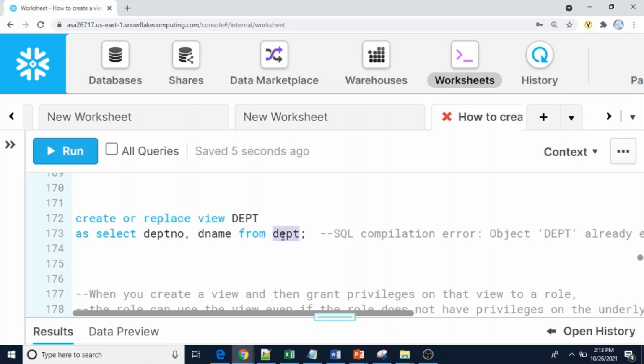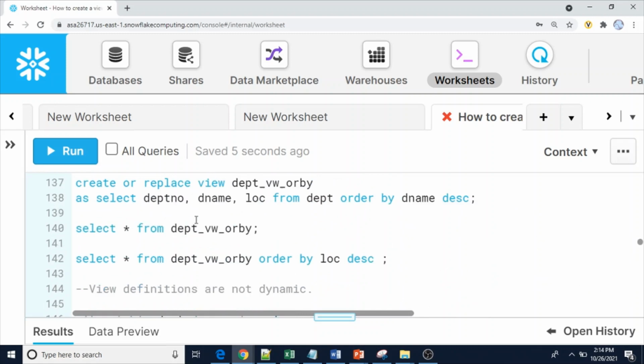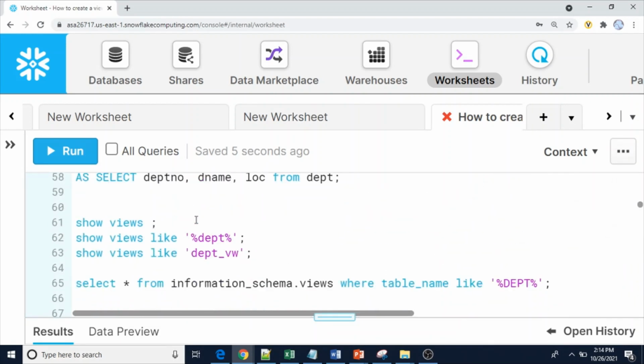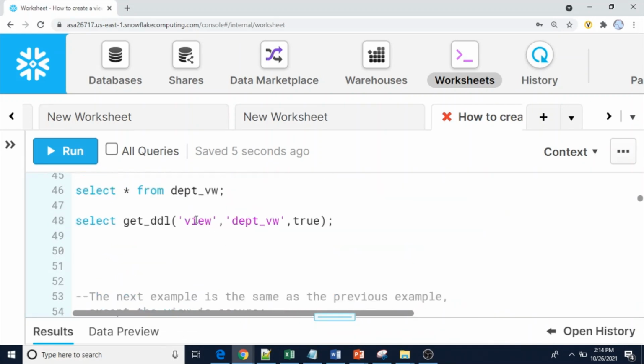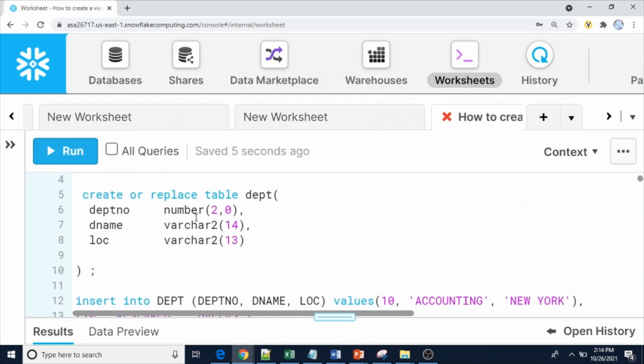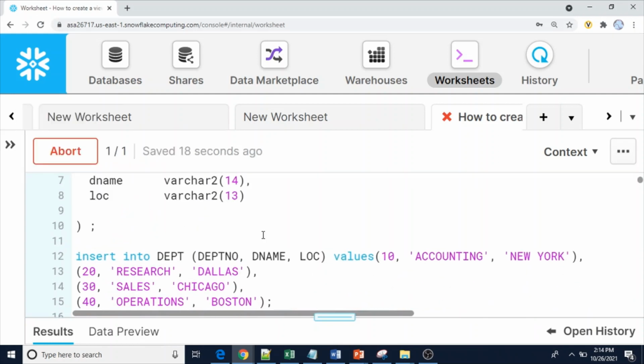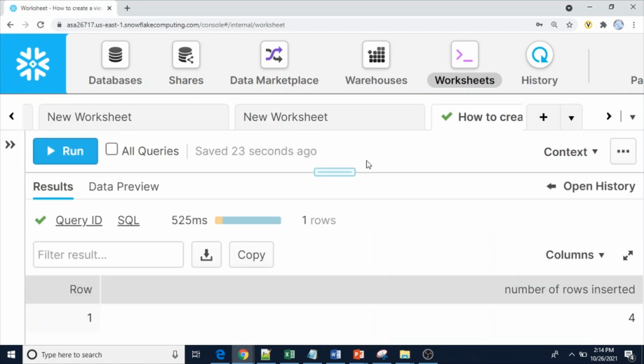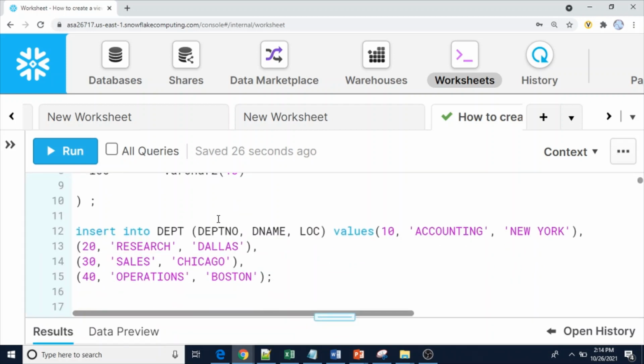Just now I dropped DEPT, so let me create the department table again. We have the syntax here to create it, and let me insert the data also. Number of rows inserted: 4.